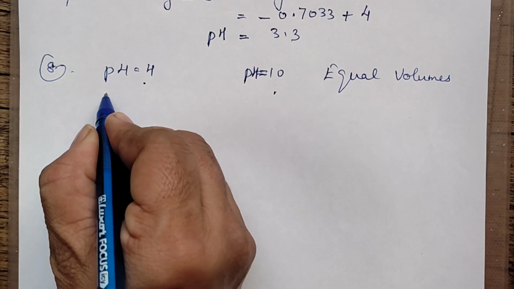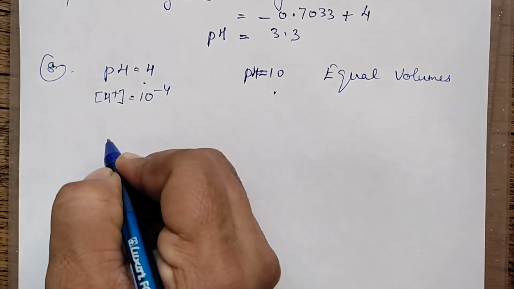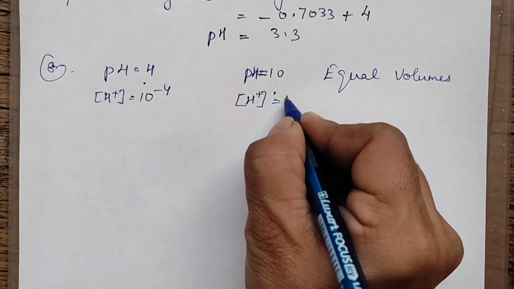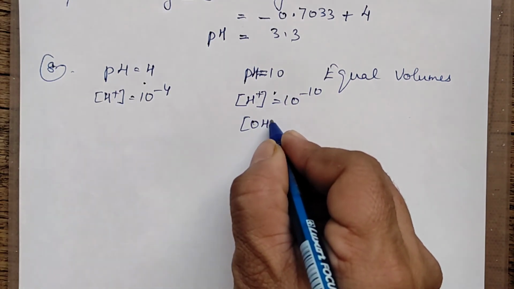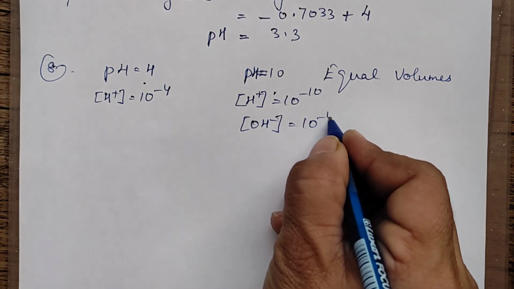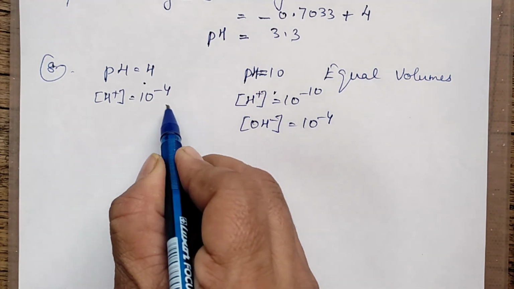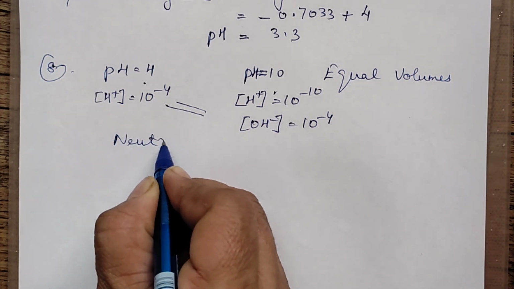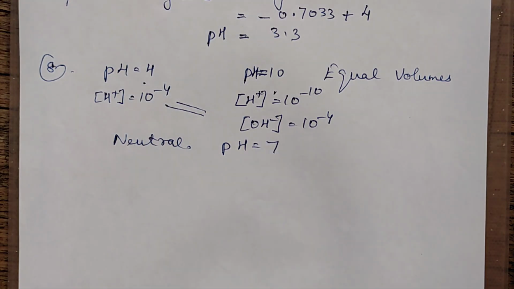So this is acidic solution, means its H plus concentration is equal to 10 to the power minus 4. Here it is basic solution of course, but the concentration for H plus will be only 10 to the power minus 10. So when H plus is 10 to the power minus 10, what will be the OH minus concentration? 10 to the power minus 4. In this, volume let it be 1, 1, no problem, but when H plus and OH minus concentrations are equal, it will be a neutral solution. Neutral solution means the pH for this solution will be 7. I hope you have followed.